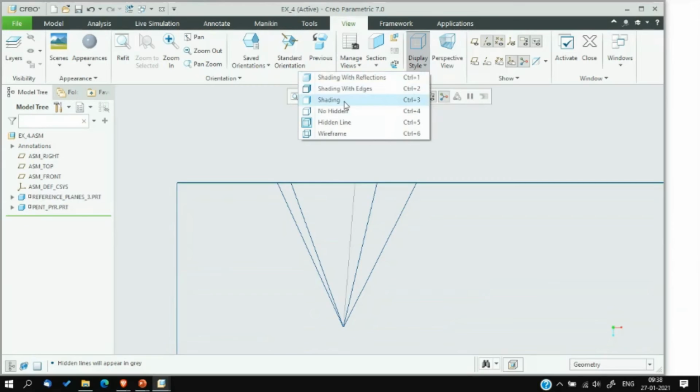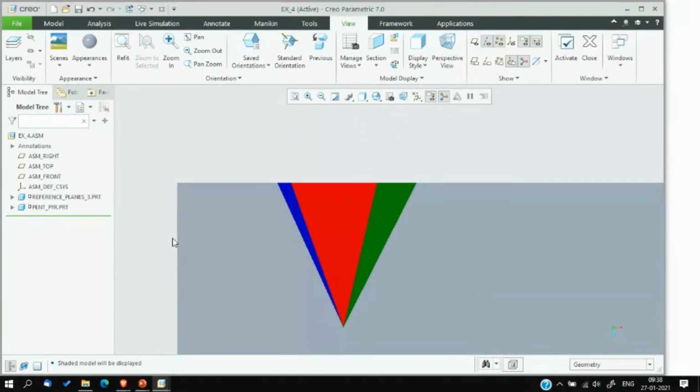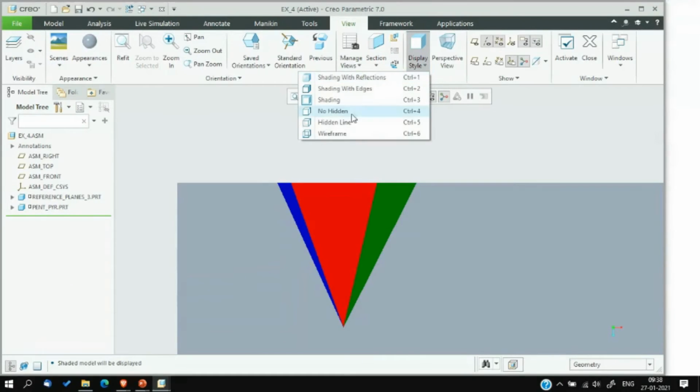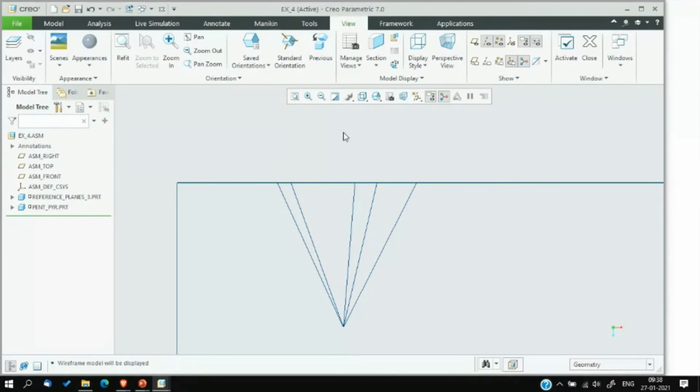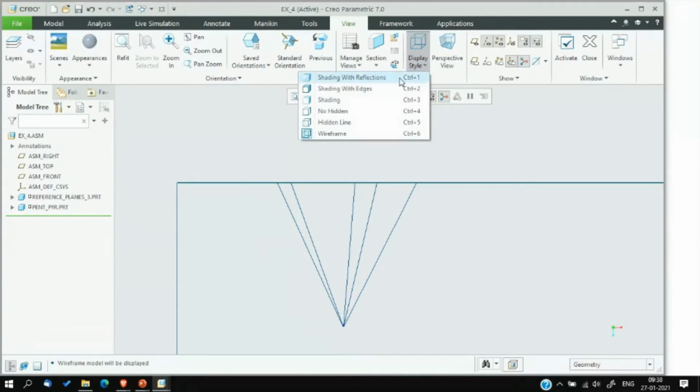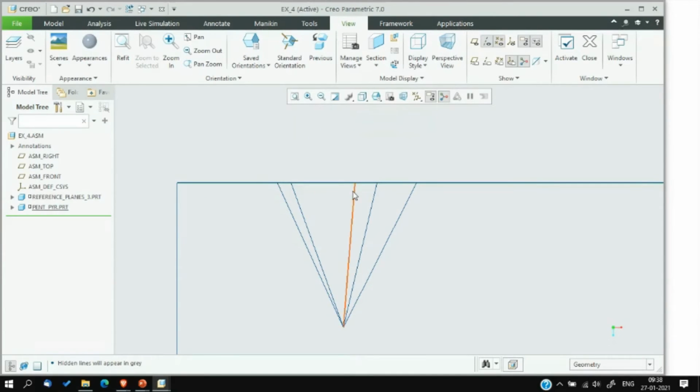So let's go for the shading view. See, there are 5 slant edges, 1, 2, 3, 4. 4 slant edges are visible, but one of the slant edges is not visible. See, if you go for the wireframe model, all the 5 edges are seen. So this is a hidden edge which we cannot see while looking from the top.